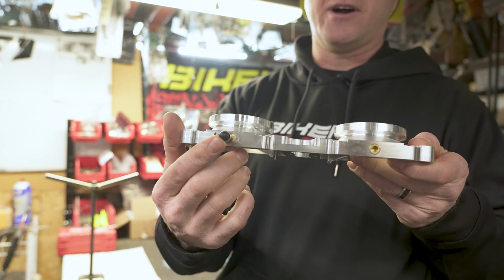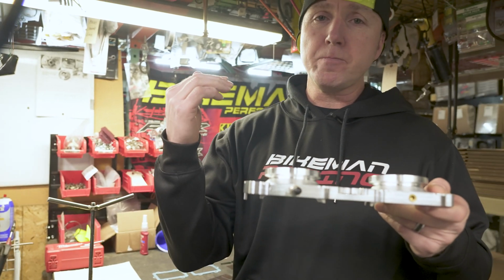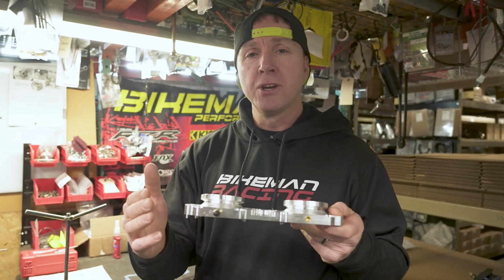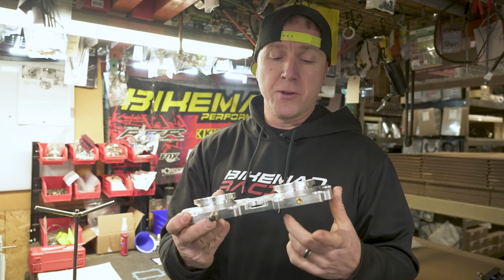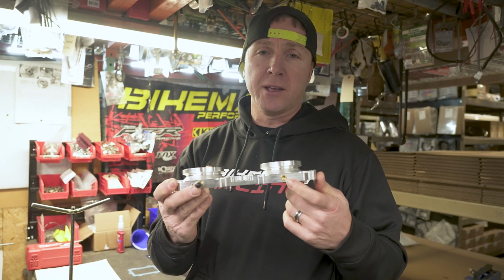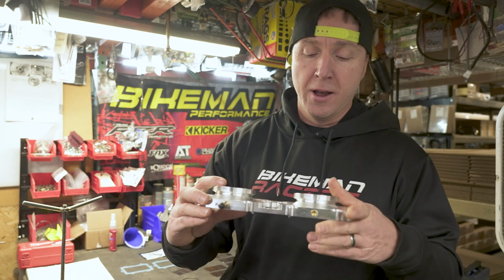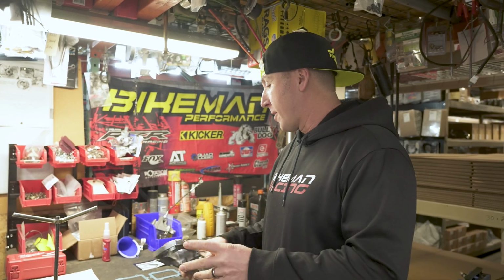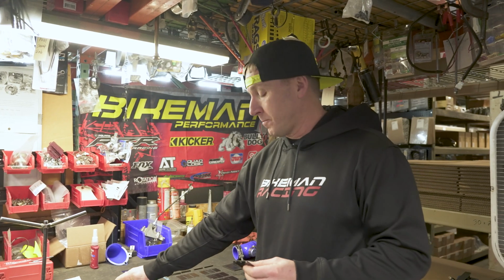Now on the bottom of the reed block, you're going to see different ports. It comes with a nipple on there that you can run for boost or vacuum. This can be used for a boost gauge, or you can use it to control a blow-off valve. Now, if you want to put a second port in, this is just a standard pipe thread fitting. You can get a barb fitting at any hardware store and screw it in there. But it comes with the one, and we're going to have Farmer show you the install of the Boost manifold